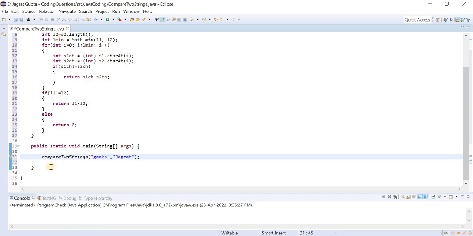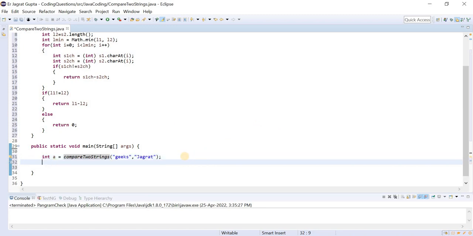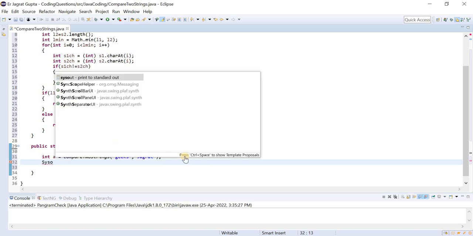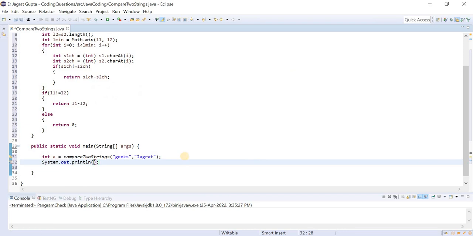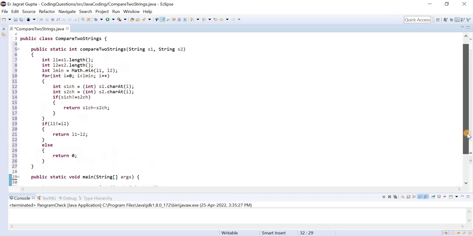Of course both strings are not equal, so it will return an int, let us suppose a, because ultimately it is returning an integer. Then we print the value of a with System.out.println. If it is 0, then we can say strings are equal, otherwise strings are not equal.